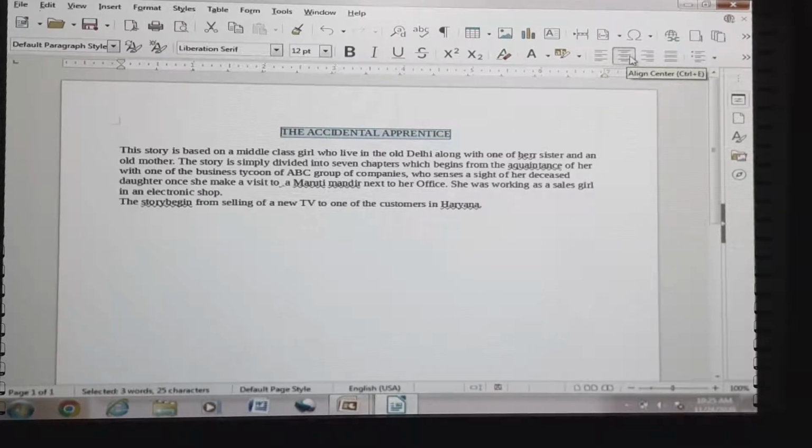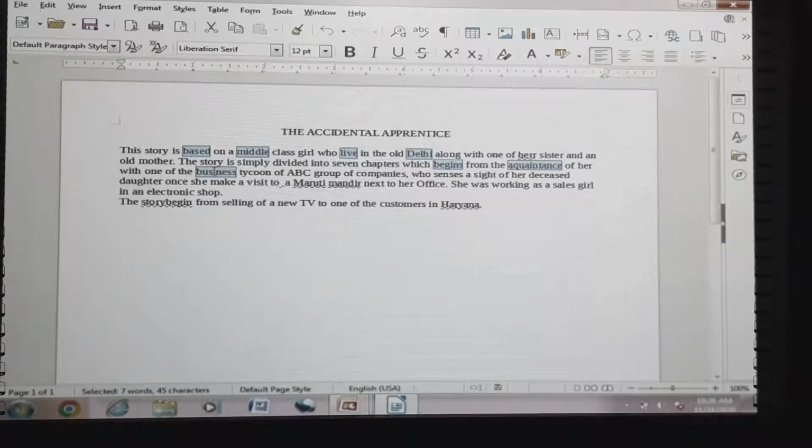Now suppose I need to select a set of non-consecutive text items. In such a situation, first of all, I will select one. Say I am selecting this word. Selected. Then I am pressing Control. After pressing Control, suppose this middle word, double click, it will get selected. Similarly, bring your cursor to this location, double click, it will get selected. Bring your cursor to the next location, double click, selected. Again, at another location, double click, selected.